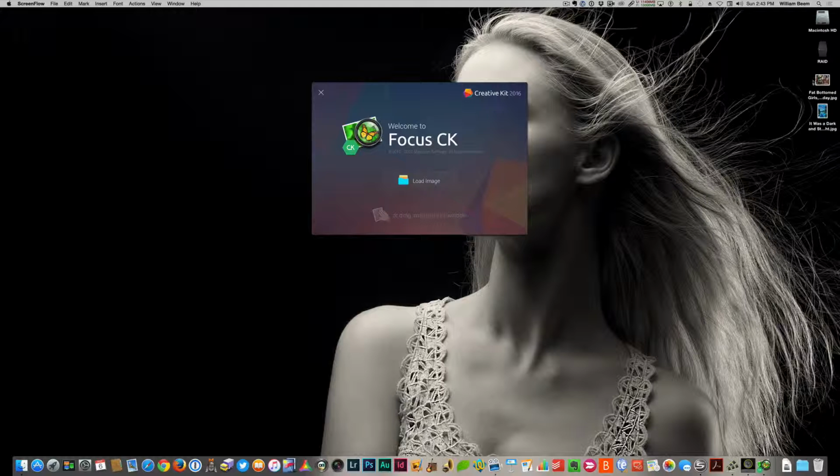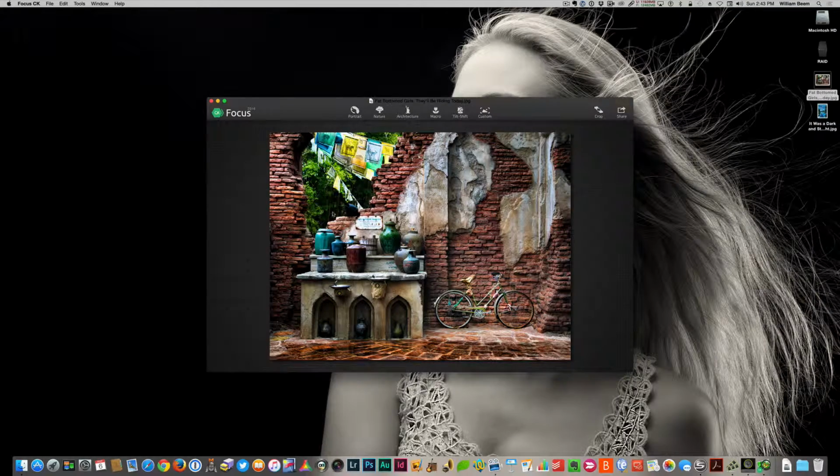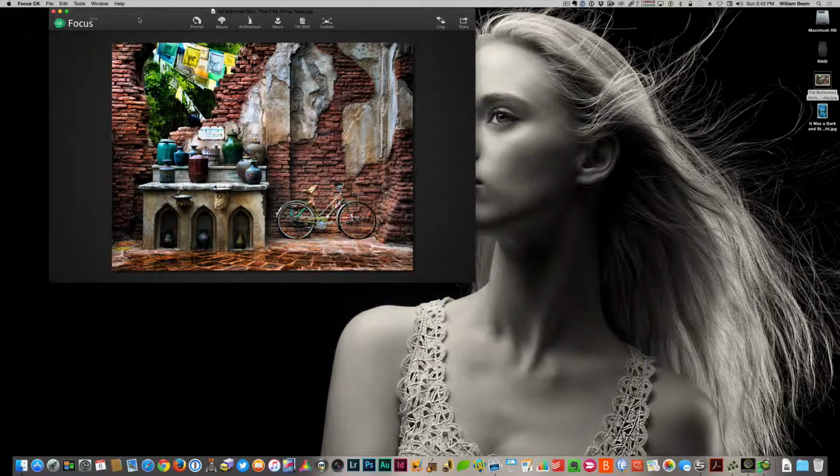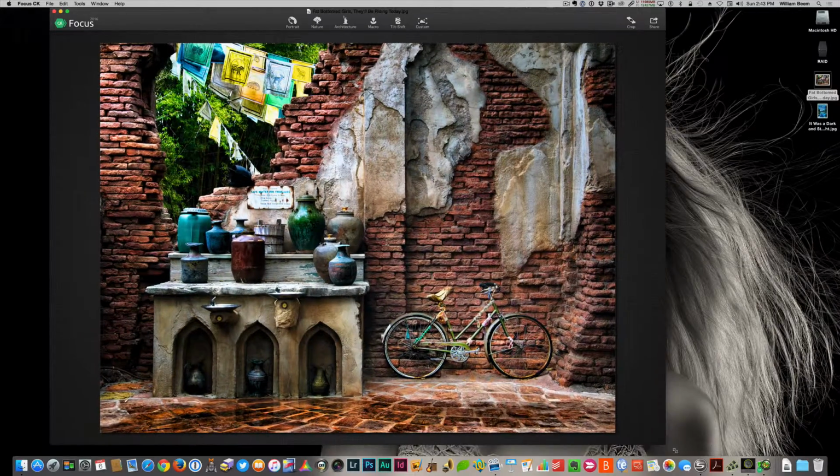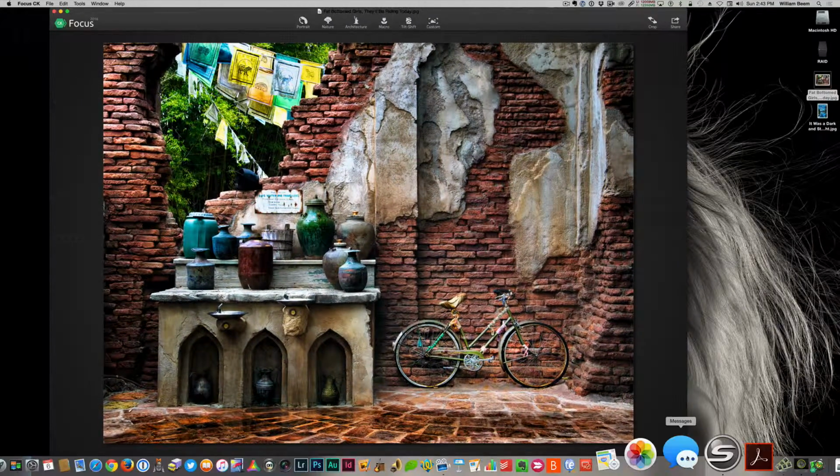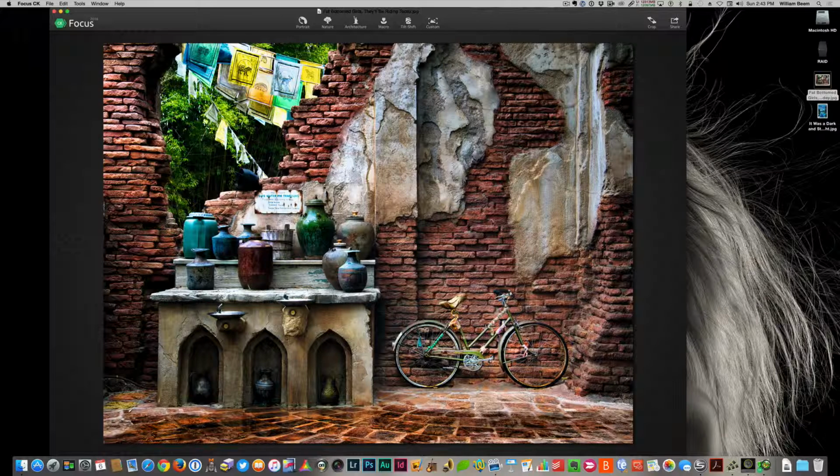So let's start off with this photo over here, a couple of them that I've taken at Walt Disney World. And this one is over in Animal Kingdom. It's a simple little scenario. They kind of set these little vignettes up just to make it a little interesting. And what I thought was the bicycle that's over here might look a little bit more interesting if we did a tilt shift on it. So it's very simple over here.